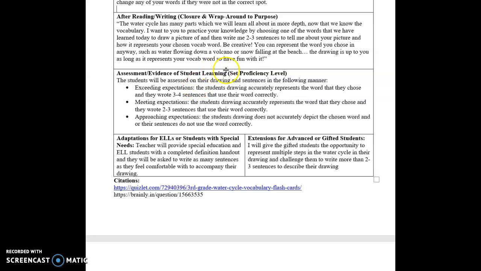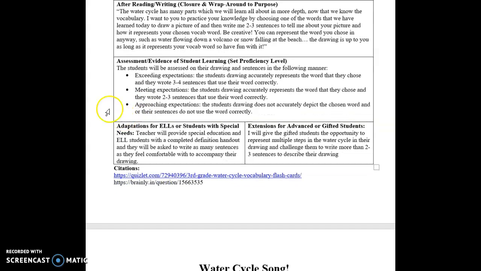This would allow me to assess them, so I would assess their drawing and sentence in the following manner. Exceeding expectations would be the students' drawing accurately represents the word that they chose, and they wrote 3 to 4 sentences that use their word correctly. Meeting expectations, the students' drawing accurately represents the word they chose, and they wrote 2 to 3 sentences with their word correctly. Approaching expectations would be more like the students' drawing does not accurately depict the word they chose, such as if they wrote